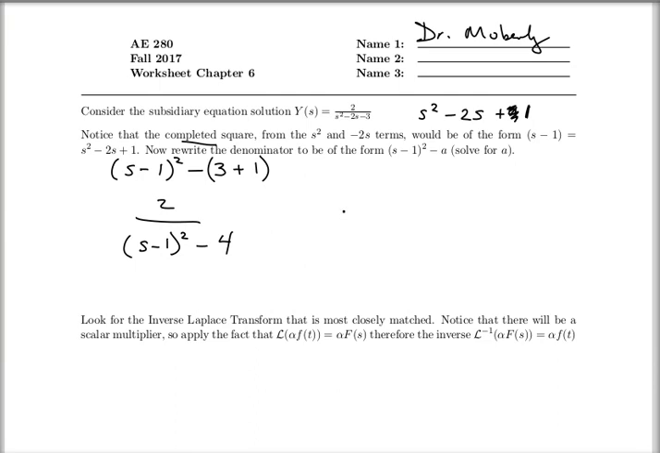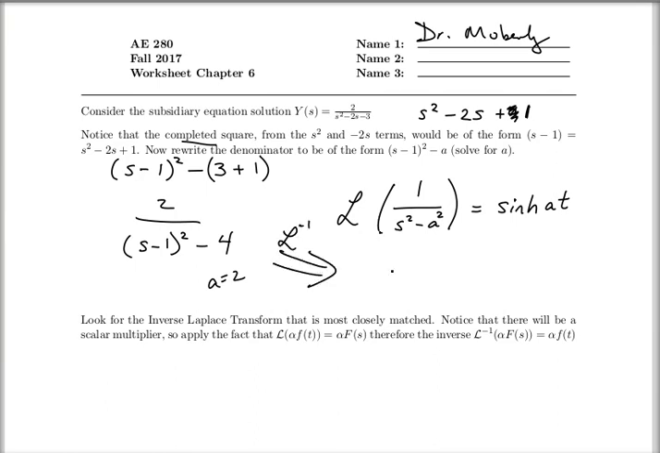the inverse Laplace transform of 1 over s squared minus a squared, which is going to be equal to sinh of at. So we've got a equal to 2, and the inverse Laplace transform of this is going to be e to the 1t times sinh 2t